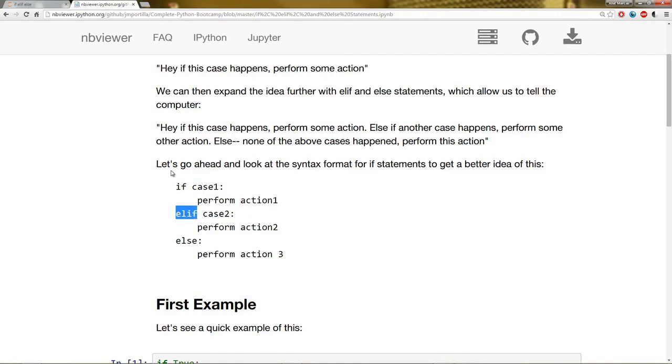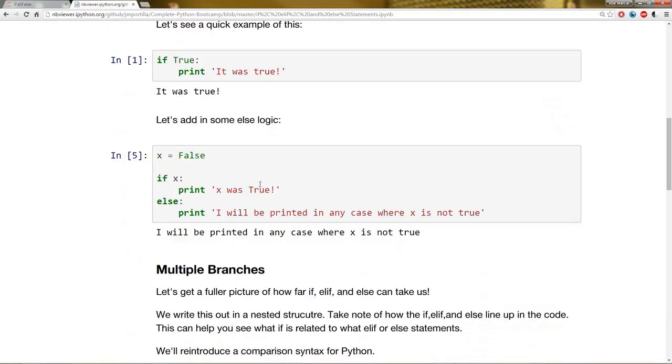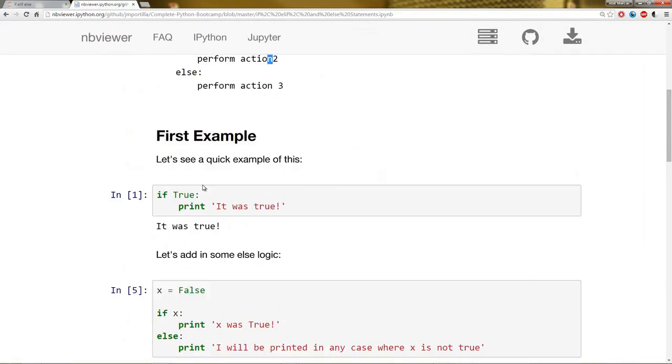Then elif will be another if case to perform some other action. Or else, if neither of these cases occurred, and you can have more than just two elif statements, you can have as many as you want, then finally perform that third action. We're going to walk through some quick examples, and in this case we're just going to be using straight booleans